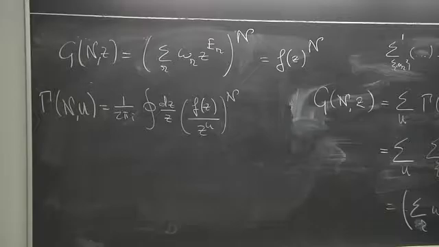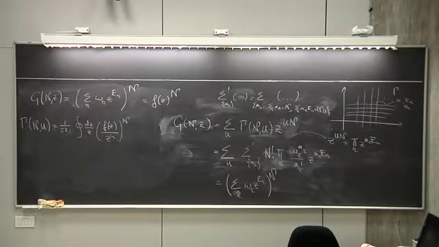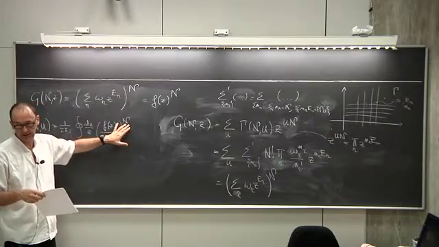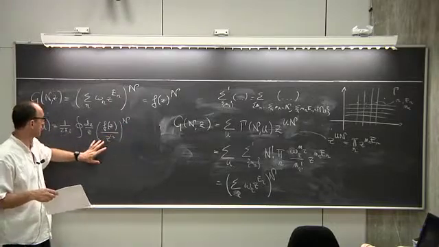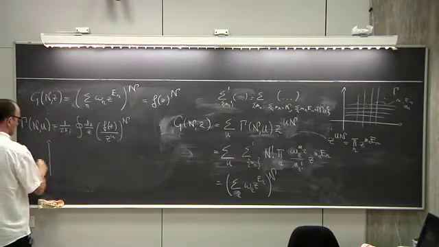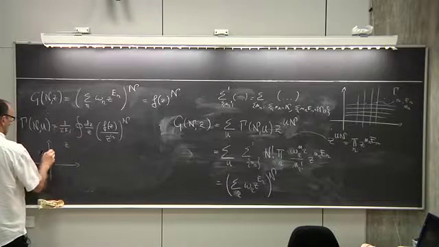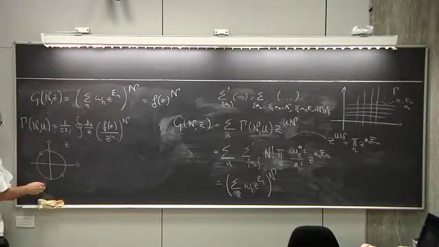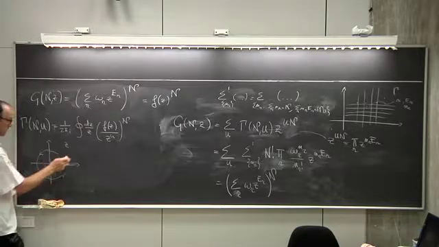Okay, now we have to compute this integral, and the peculiar thing about this integral is that it is an integral of something to the power n, and n is very, very large. So we anticipate that this integral has to be evaluated, say, on a contour in the complex z plane, which encloses the origin,